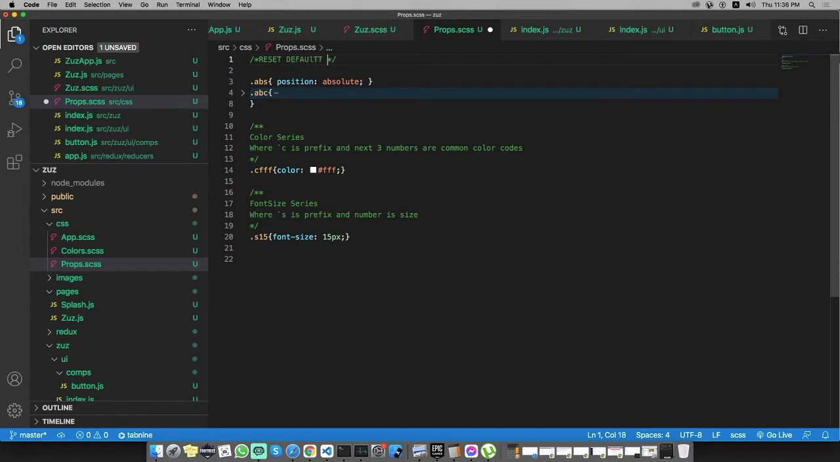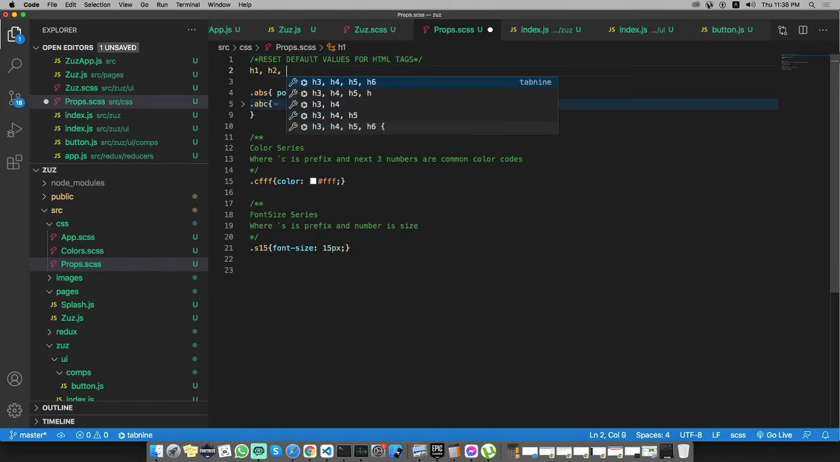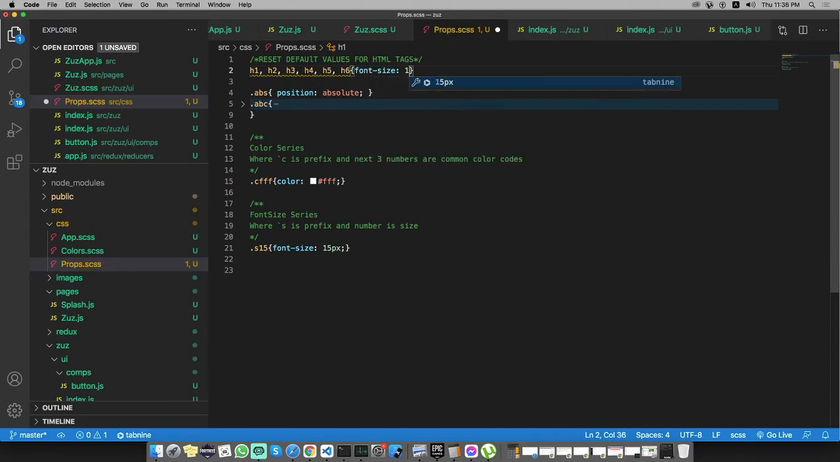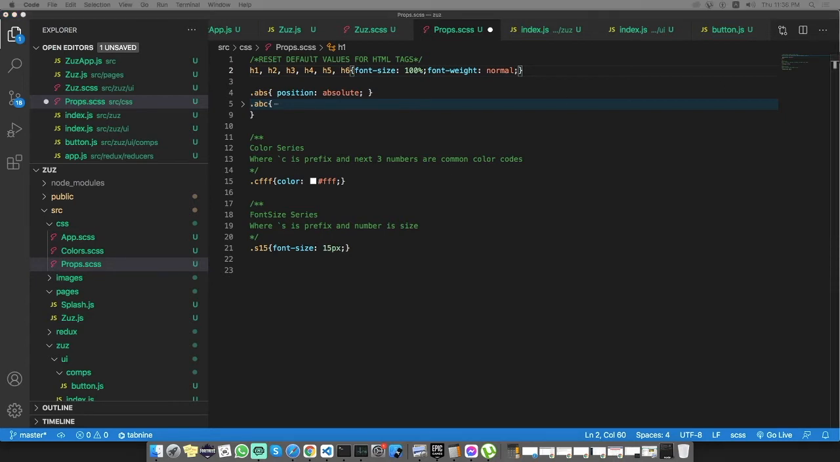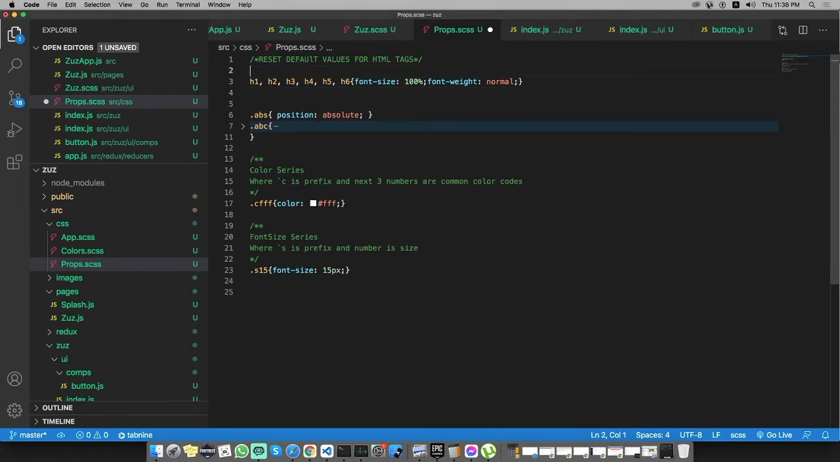And for the H2, we need to reset it inside our props.scss, and I will add a comment: reset default values for HTML tags. Let's start with H1, H2, H3, H4, H5, and H6. And we will set font size to 100% and font weight to normal. And for the font size, we will use